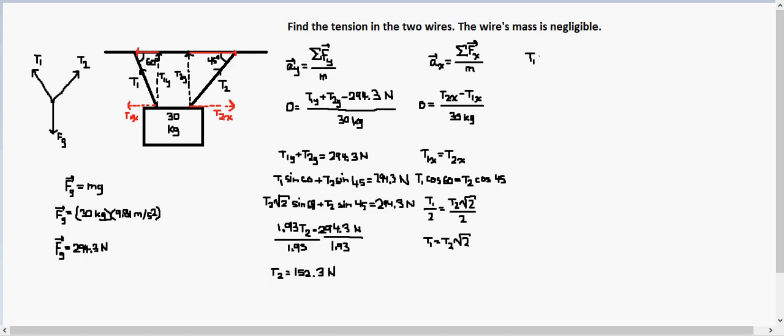Tension 1 is equal to 152.3 newtons times root 2, and we get tension 1 equal to 215.4 newtons. And we are